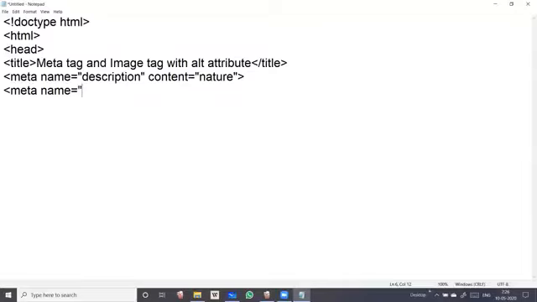Students, we have learned that the meta tag is used for what purpose? So description, keywords, viewport, name of the author, and so many other different options are there. Okay, so keywords, content is equal to alt.